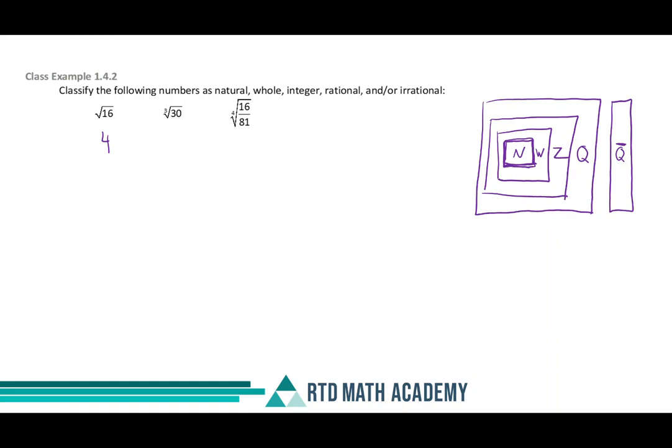Now, if I look at irrational, rational, integer, whole number, or natural number, I'm trying to go down to the smallest number set that this would include. And so this is a natural number. Now, you could also say it's a whole number. You could also say it's an integer, it's just +4. And you could also say that it's a rational number because it could be written as a fraction, 4 over 1. It is not an irrational number. And that's why we spent some time classifying the difference between rational and all of its different forms as well as irrational. The cube root of 30,